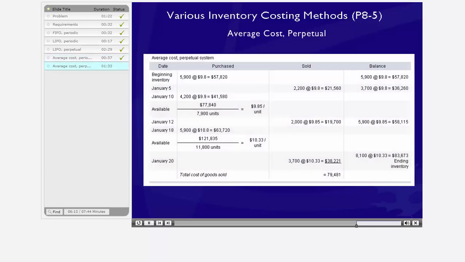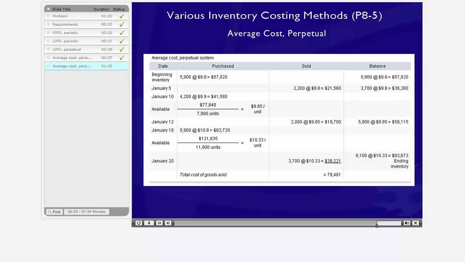Okay, now we tackle average cost using the perpetual system. And what makes this unique is that we have to recalculate the average cost every time we have a purchase, because that impacts when we have a new average cost. So we start off with $9.80 as our per unit cost, and when we have a sale on January 5th, the sale gets recorded at that beginning inventory cost of $9.80. Then on January 10th, we had a purchase of 4,200 units at $9.90, so we have to recompute the total